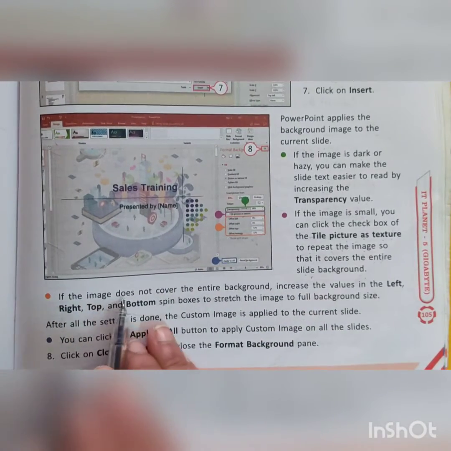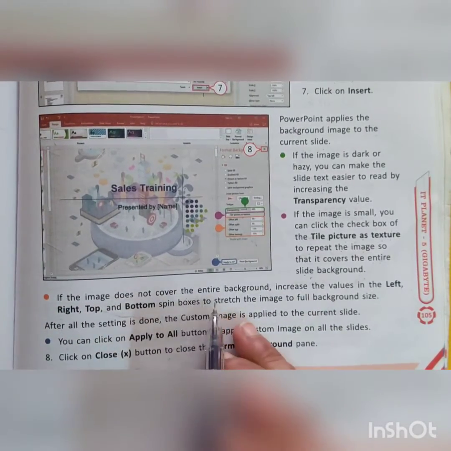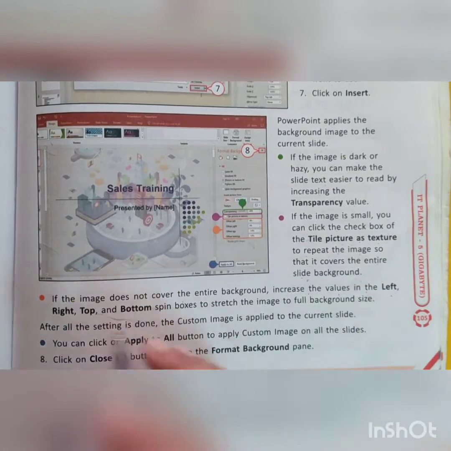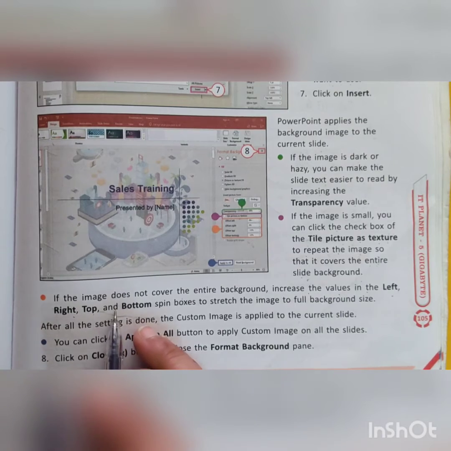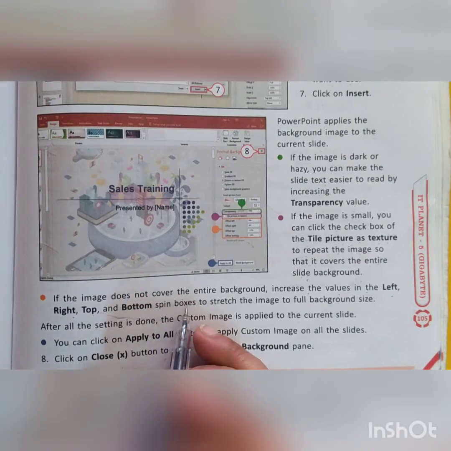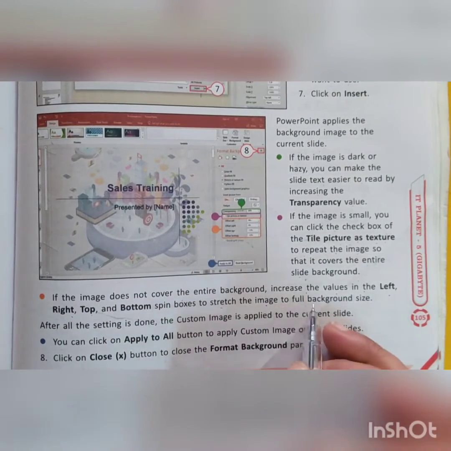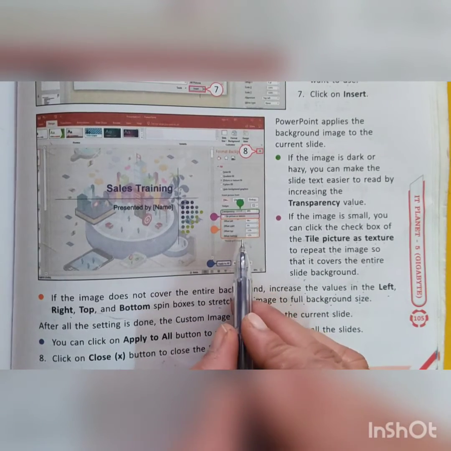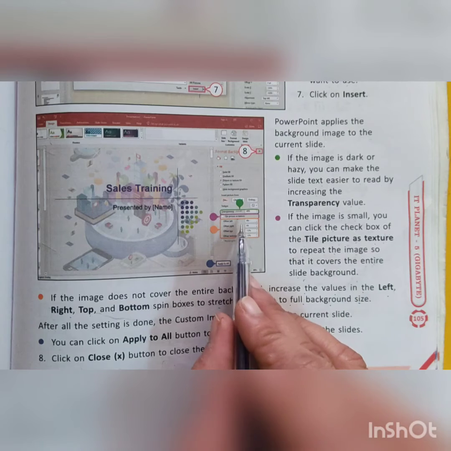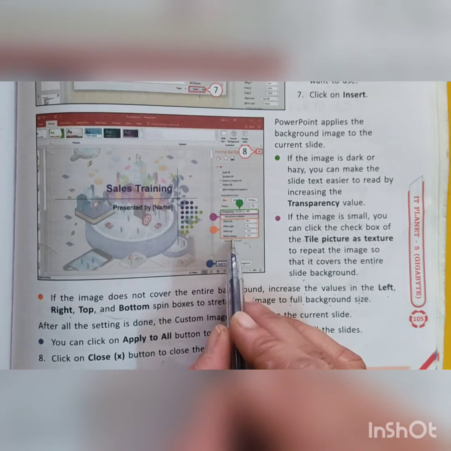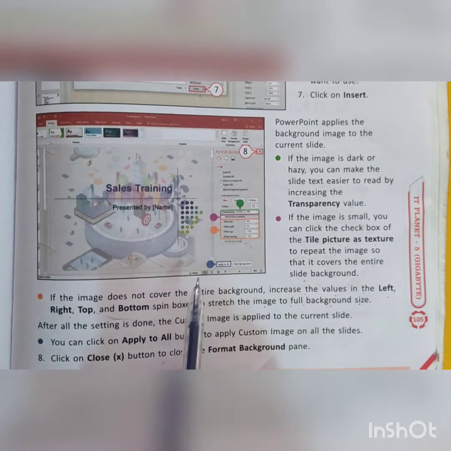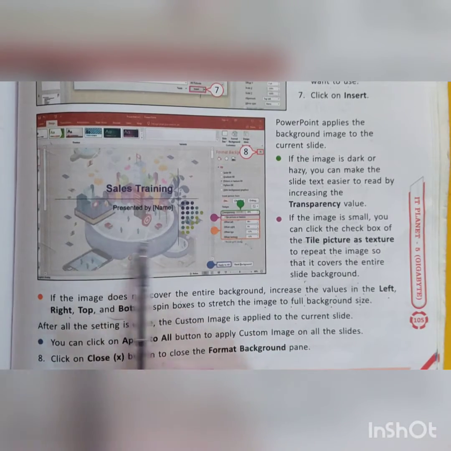If the image does not cover the entire background, increase the values in the left, right, top and bottom spin boxes to stretch the image to full background size. After applying these values, your image is stretched.